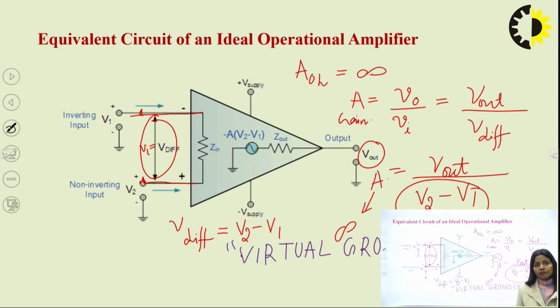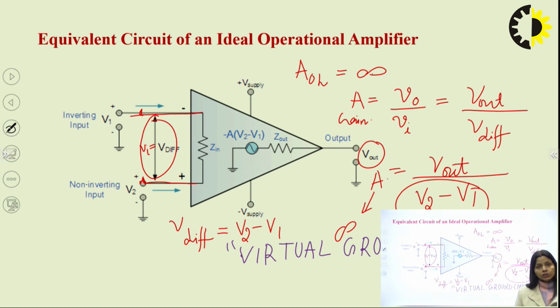V2 minus V1 is 0. That means the inverting and non-inverting terminals are both at the same potential, and we will use this property. This virtual ground concept we are going to use for each numerical and each derivation as far as my ideal OPAMP is considered. This is one. For ideal OPAMP, the virtual ground concept is applied for every numerical,